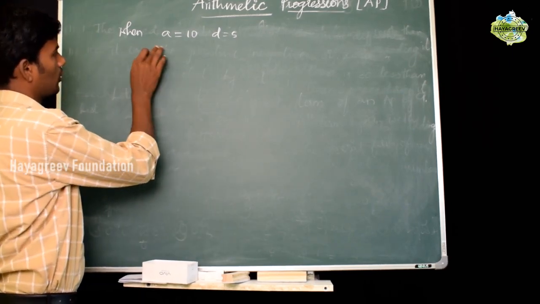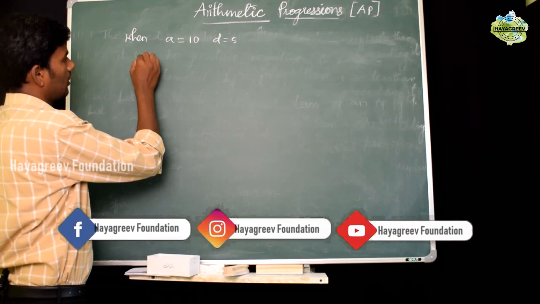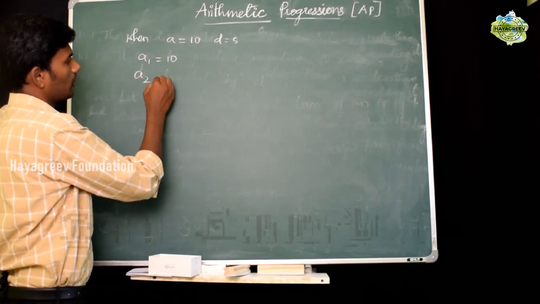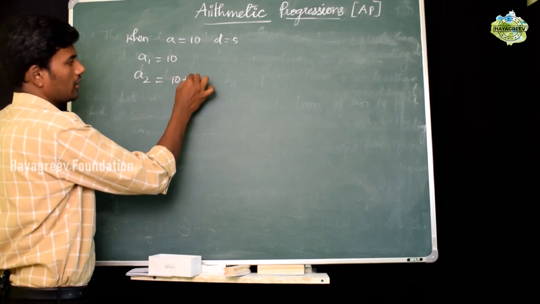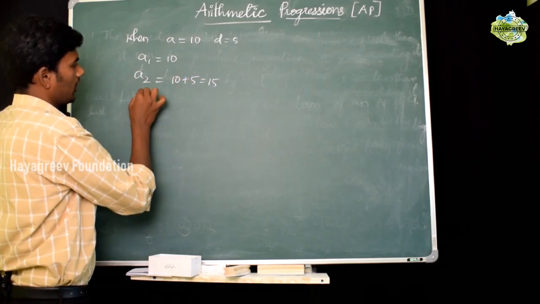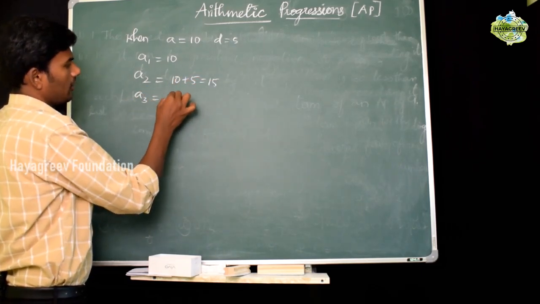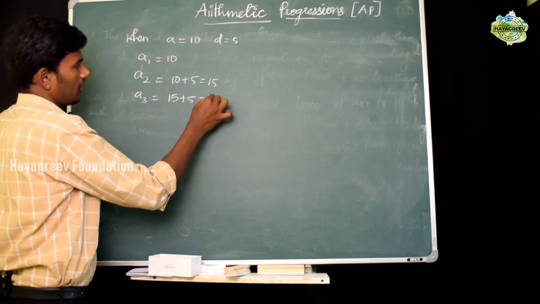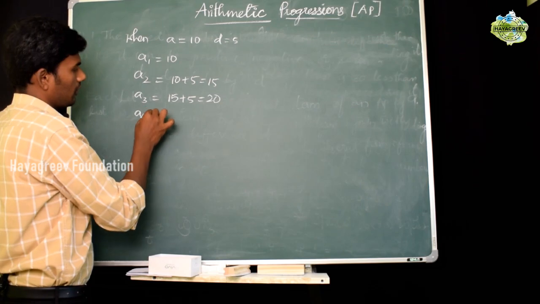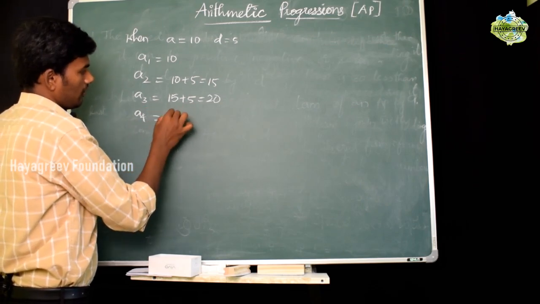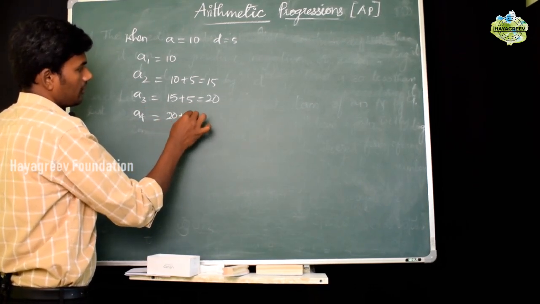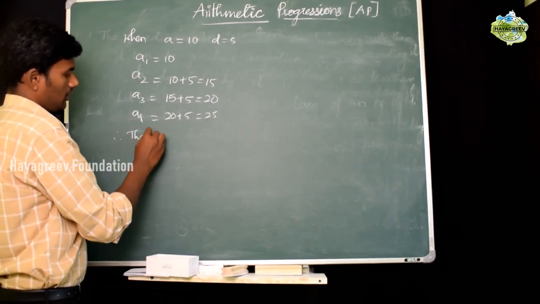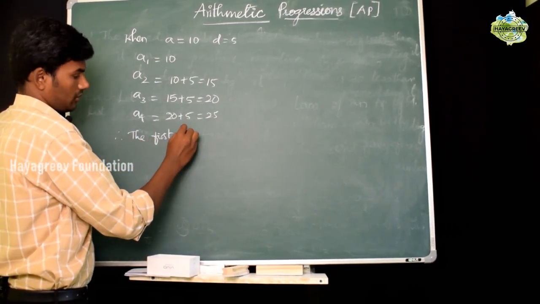So, the first 4 terms: the first term A1 is equal to 10, A2 is equal to 10 plus 5, which is 15, A3 is 15 plus 5, 20, A4 is 20 plus 5, which is equal to 25. Therefore, the first 4 terms